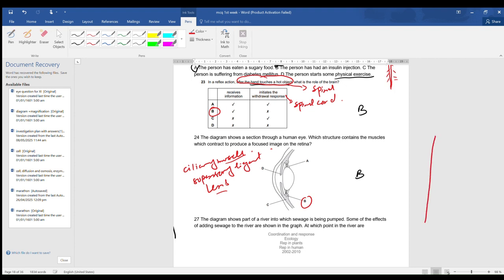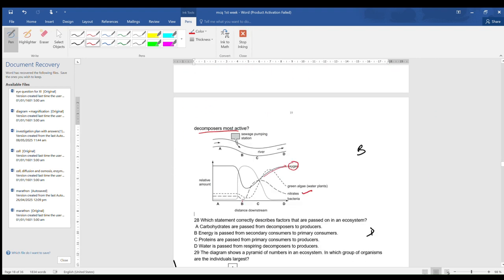Okay, now next, the diagram shows concentration will also